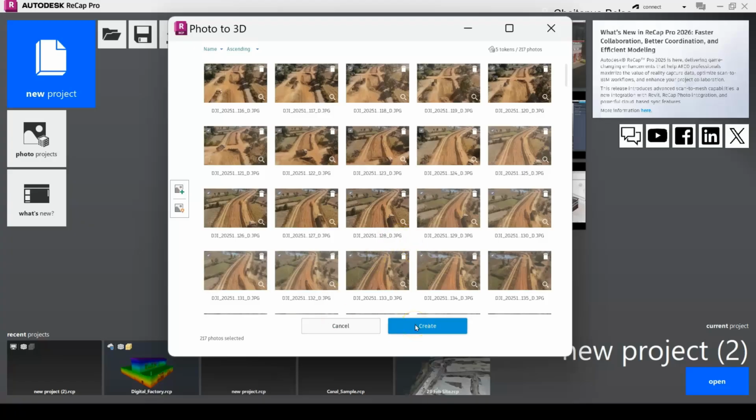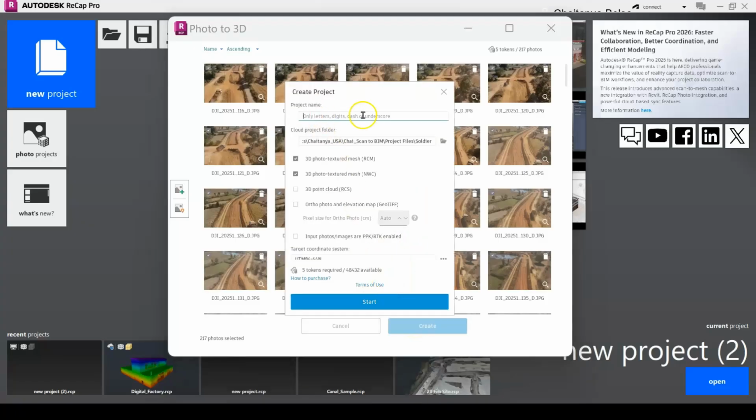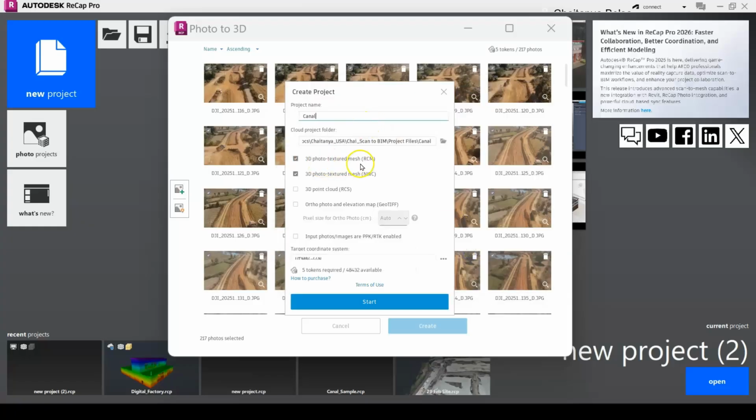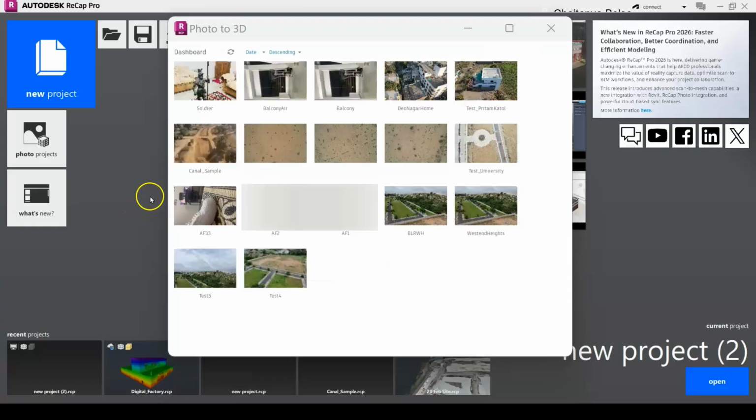It will open up a window to give the project name and select the location on the cloud. As processing will be done on the cloud, it's necessary to select the cloud project location. After selecting the location, you can move ahead with selecting the output file type, ranging from mesh, NWC, point cloud, and